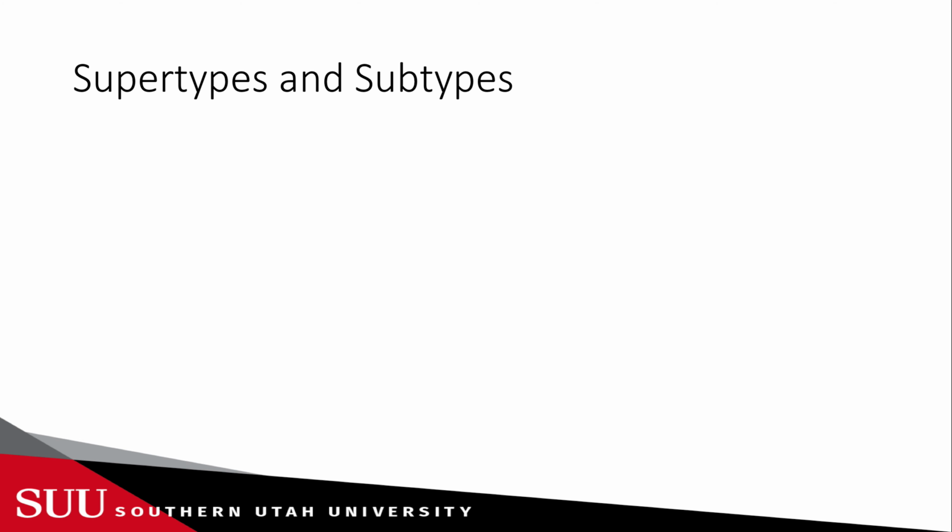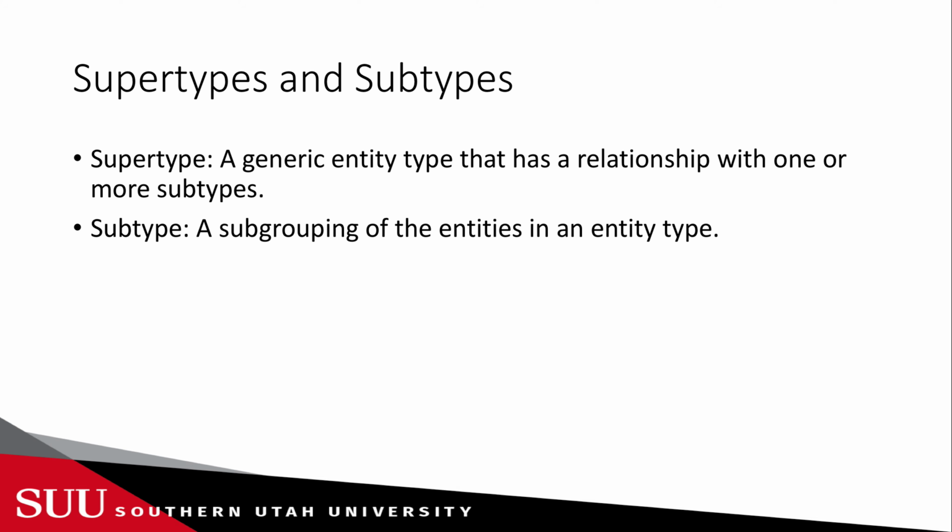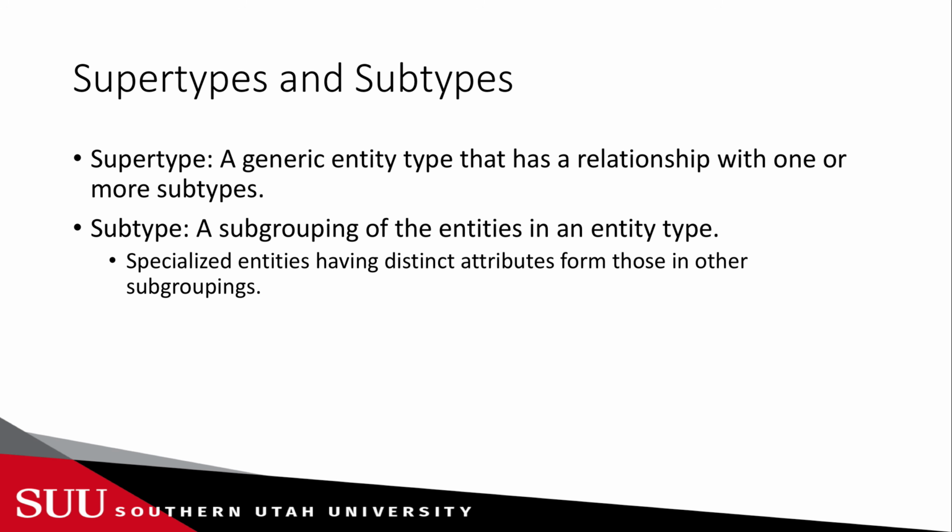Now let's talk about subtypes and supertypes. What is a subtype? What is a supertype? A supertype is a generic entity type that has a relationship with one or more subtypes. And a subtype is a subgroup of the entities in the entity type. So it is going to be specialized entities having distinct attributes from those in other subgroups. We will see some more examples to make this